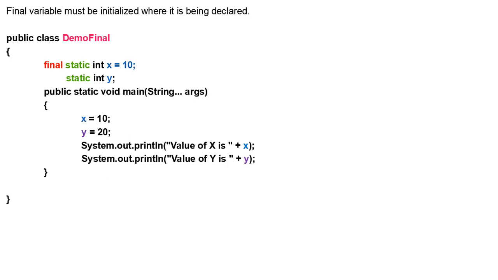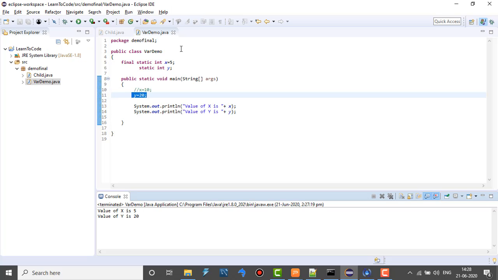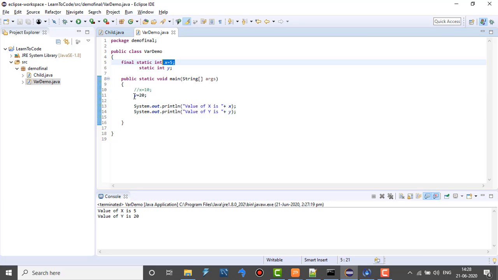So as you can see, a final variable must be initialized where it is being declared. So I did the initialization over here. Again I am trying to assign it the same value. Now here it doesn't matter what value you are trying to assign to a final variable. Even if it is the same value, you will still get an error. Let's check it on the IDE. So the value of x over here is 5, and though it is a final variable, I am trying to assign it the same value because I am not changing any value.